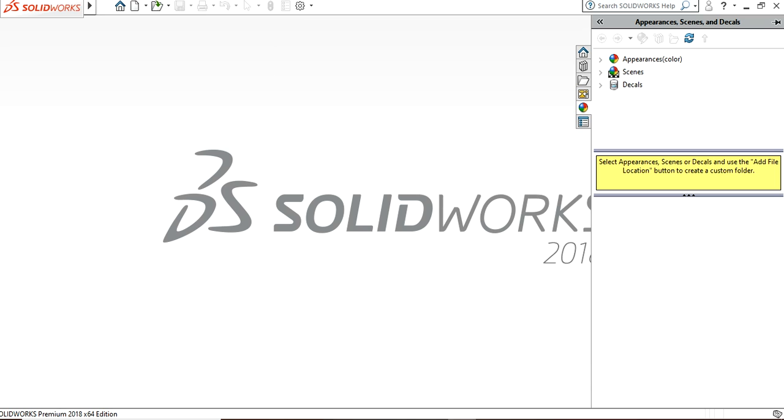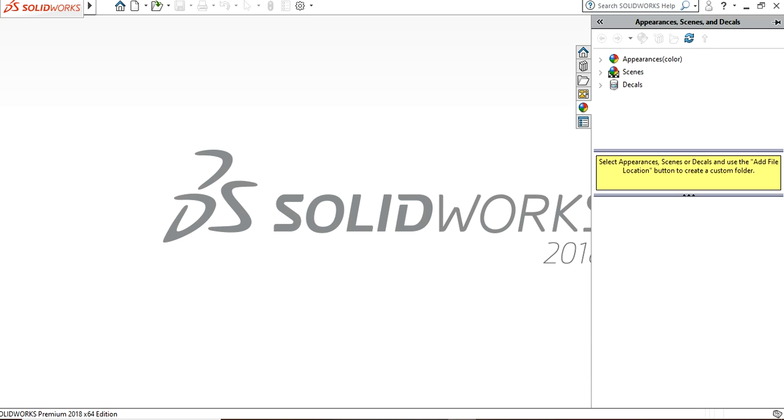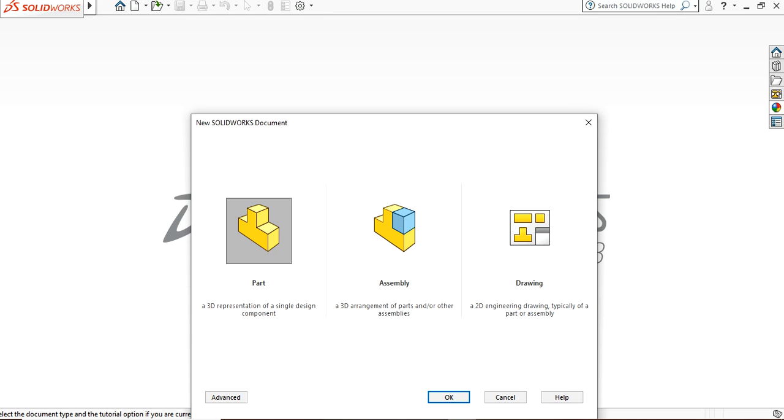So how to start? Go to the menu bar, go to file, new. Here they have displayed three options. Part. What is a part? Part is basically a 3D representation of a single design component.